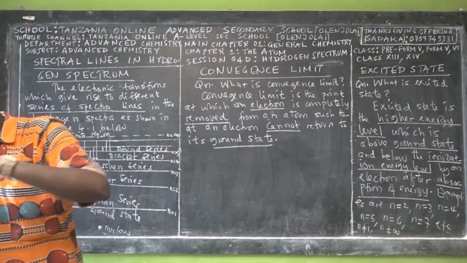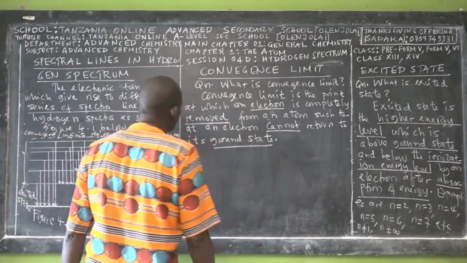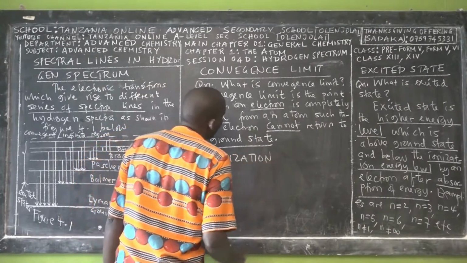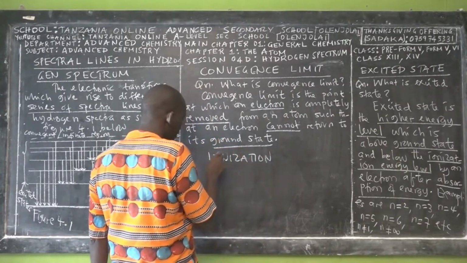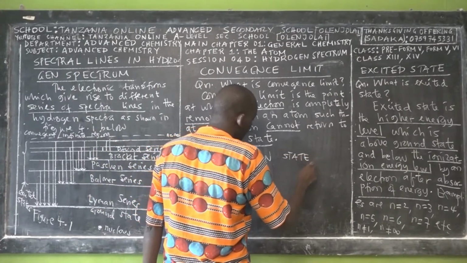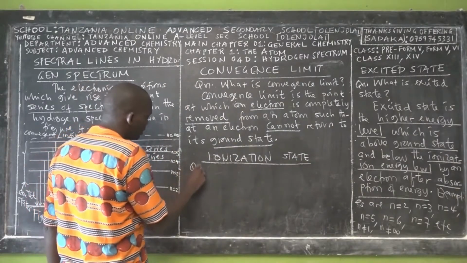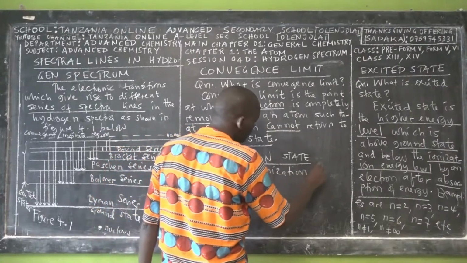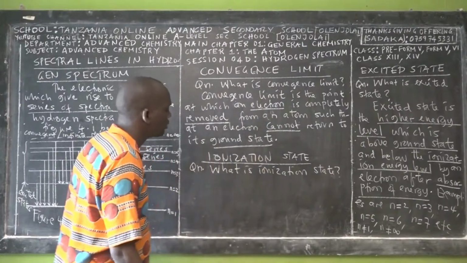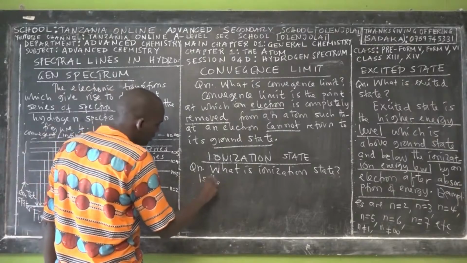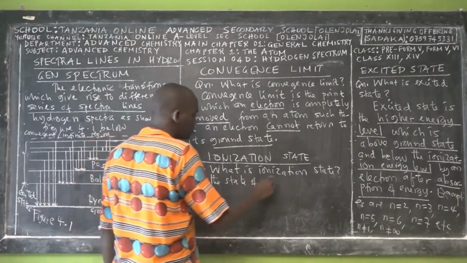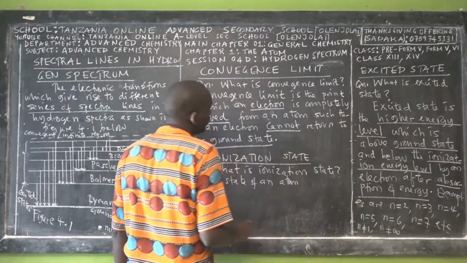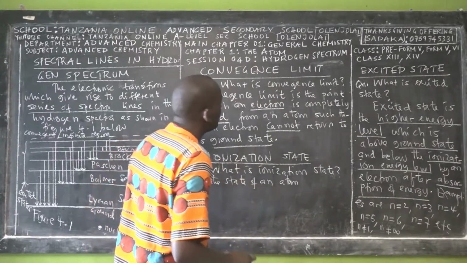Then the first knowledge that we have to discuss together is called the ionization state, or ionization level. So the question is, what is ionization state? So ionization state is a state of an atom, or a state or energy level of an atom at which